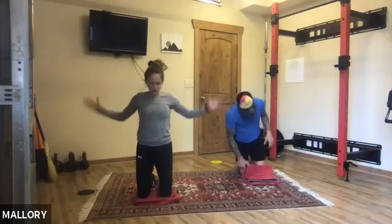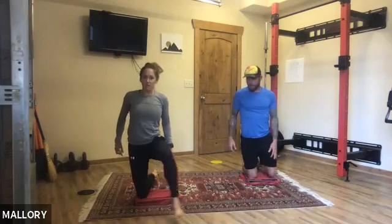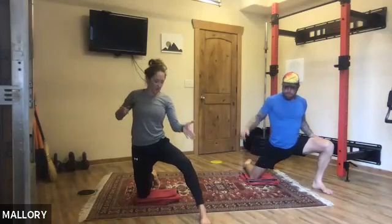Second round, we always do frontal plane stuff. So rather than putting that foot right in front of you, you're gonna land it out wide. If your knees are the middle of the clock, you're landing it at 11 o'clock. This is my favorite one. You're trying to bring, if my left foot's out,